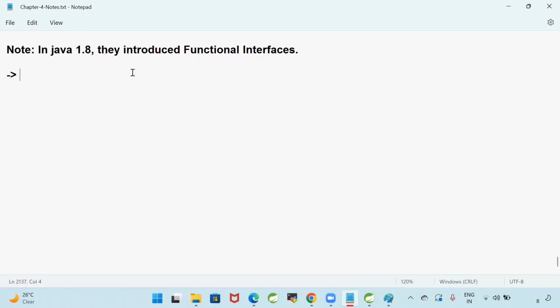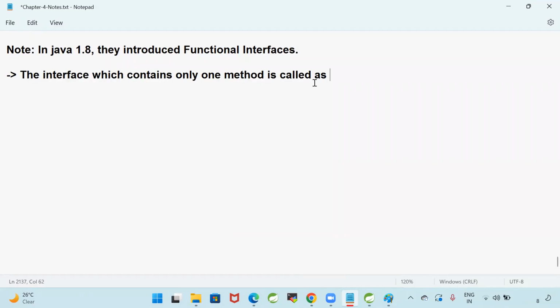The interface which contains only one method is called a functional interface. Functional interfaces